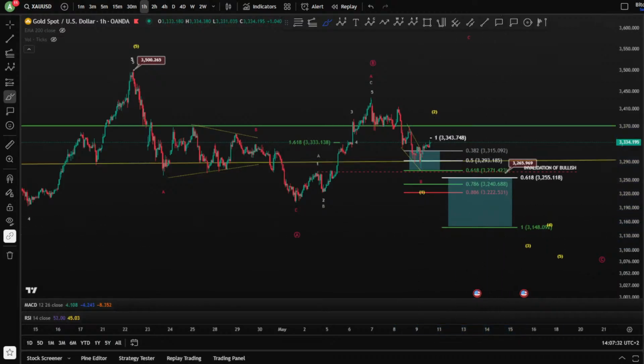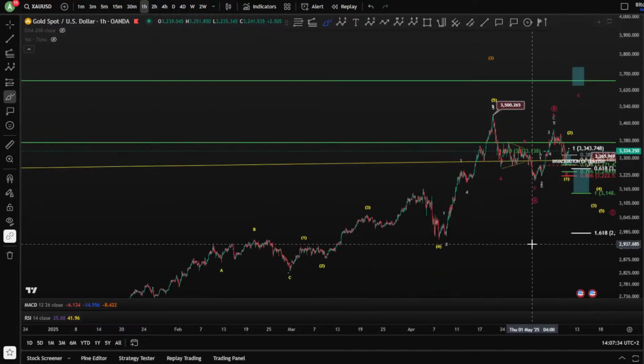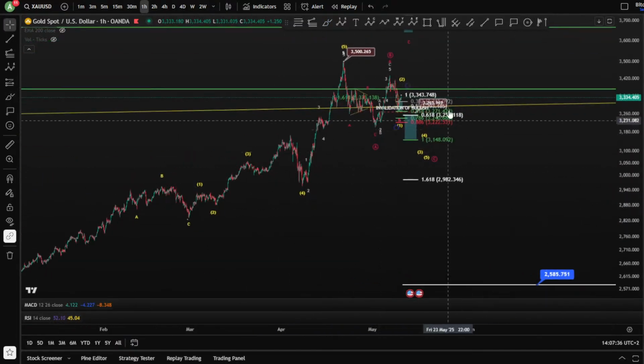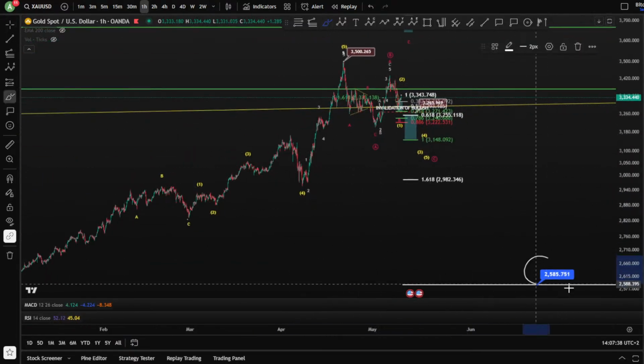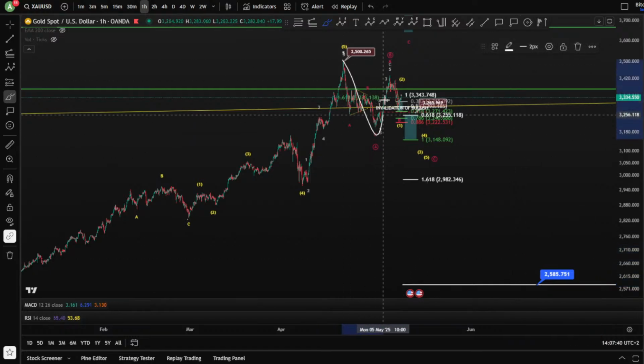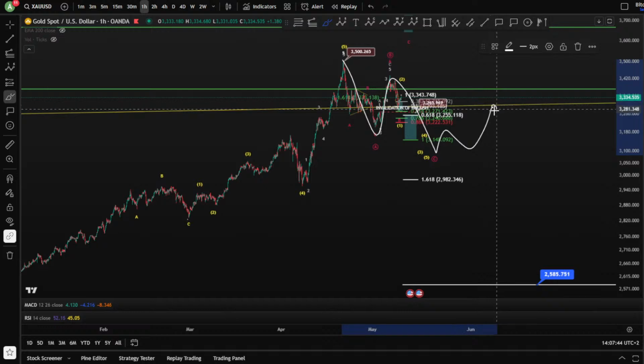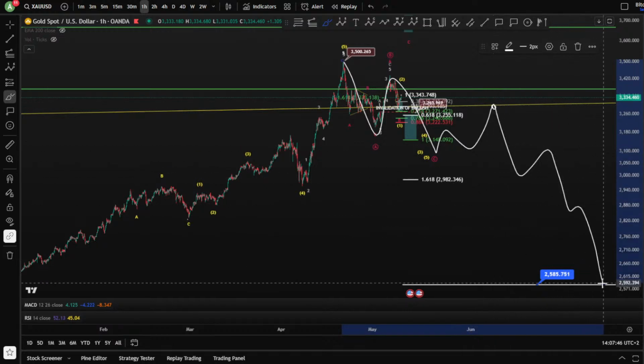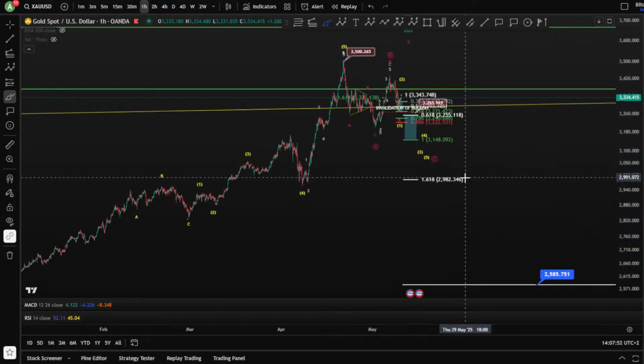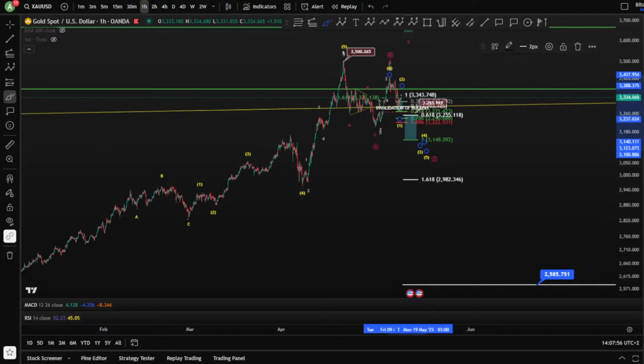How much closer will it bring us to our target? So here we go. This is your target, 2,500. You're looking for ABC here. Potentially another 3 waves up, and then 1, 2, 3, 4, and a 5. Obviously the gold is very, very corrective, guys, giving higher potential for the lowest target, which is on the